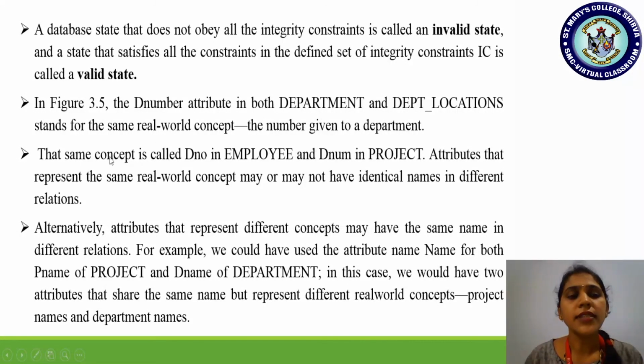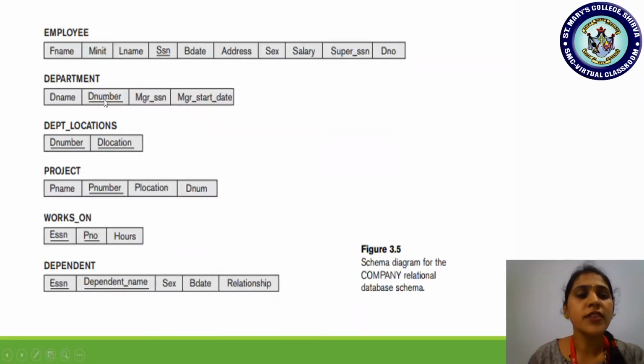Okay. That same concept is called DNO in employee and DNUM in project. So I just now told you all, you can go for the same name, D number only, or you can choose some other simple name also. That primary key or D number, when it is acting as a foreign key in another relation, there you can give another name, DNO. It is also valid. And here in project we use DNUM. It is also valid. So attributes that represent the same real world concept may or may not have identical names in different relations. So just check here students, D number in department location, what name in the real world did it have?